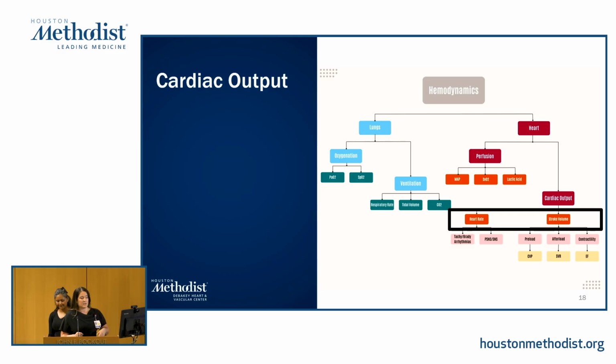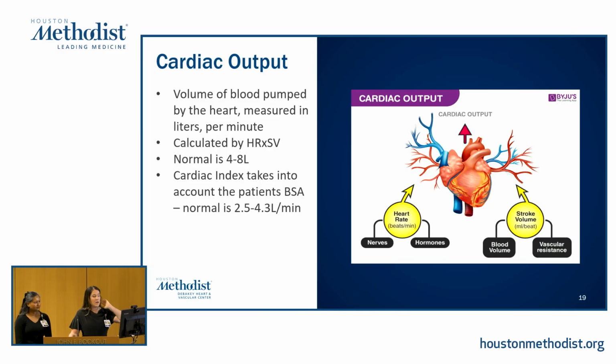Okay, now we're on the second portion of the heart. So now we're looking at cardiac output, which is made up of your heart rate and your stroke volume. Okay, so again, cardiac output, it's the volume of blood pumped by the heart and measured in liters per minute. It's calculated by your heart rate times your stroke volume. Normal is 4 to 8